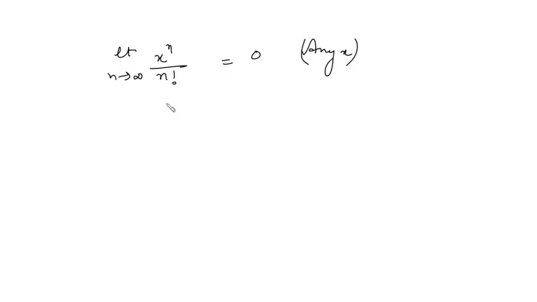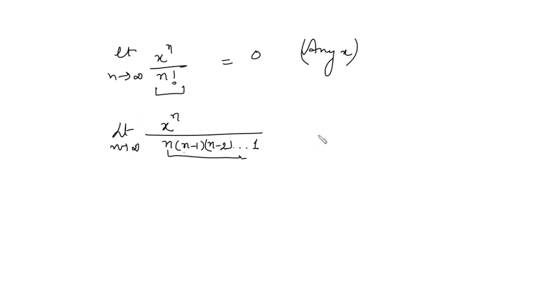Now why does this happen? Just see, in the denominator you will have n factorial, and here x is any fixed number, right? So you can write n factorial as n into n minus 1, n minus 2, till up to 1. So in the denominator, if you take n to be common, this is just like n to the power n. But in the numerator, this is x to the power n. So this is very, very small compared to the denominator. So when you put n tending to infinity, you will have some fixed number divided by infinity, which gives you 0.